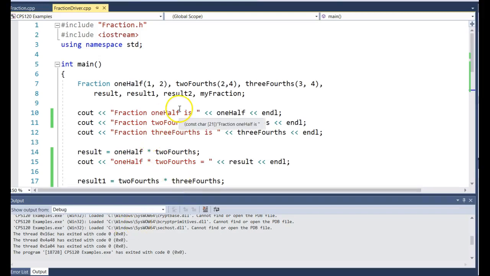So here's the main driver program for the fraction class, and I just want to talk a little bit about testing all the functions in the class. You should have some code in your driver program that tests every single function that you write so that you're